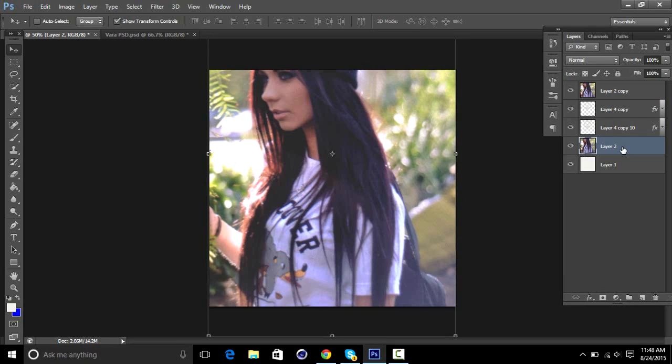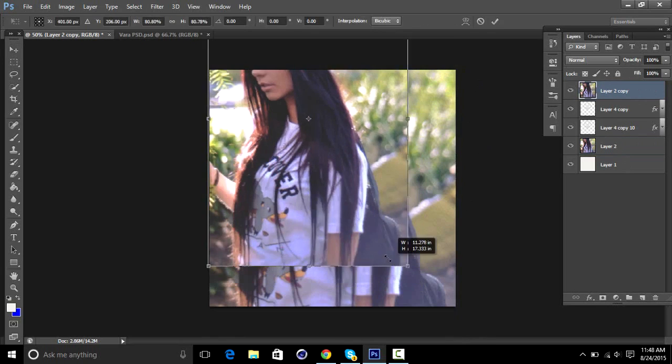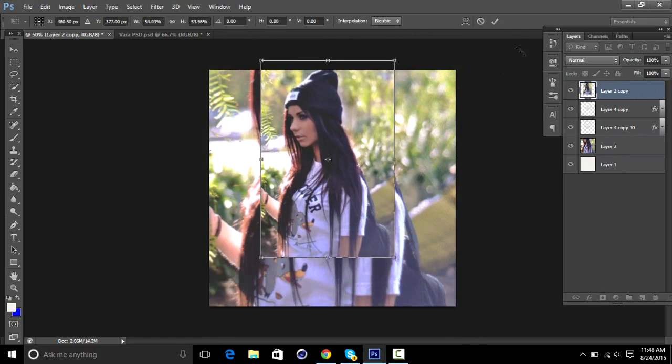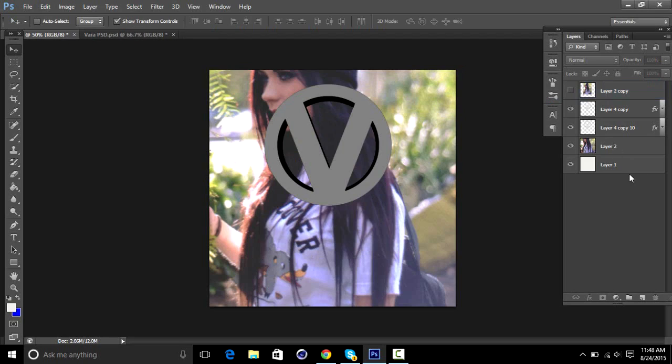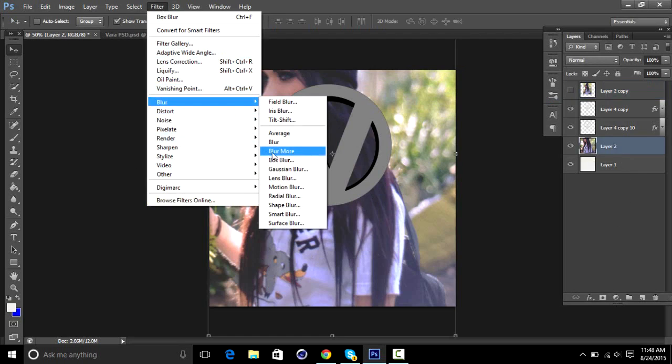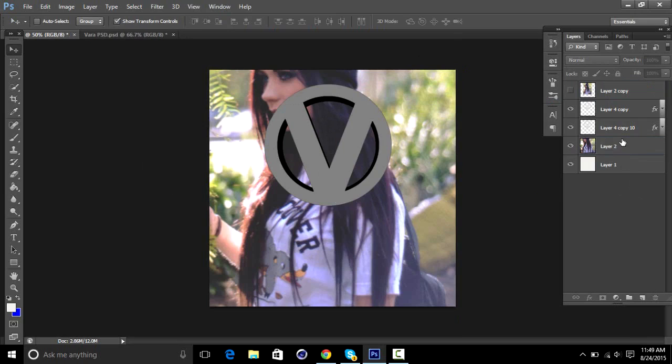But anyhow, you're going to want to hold Alt and take your duplicate and make it smaller, so that it can fit in the logo, like that. Then hide that layer, and go back to your big picture in the background and go to Filter, Blur More. Then go on your layer and press Control J